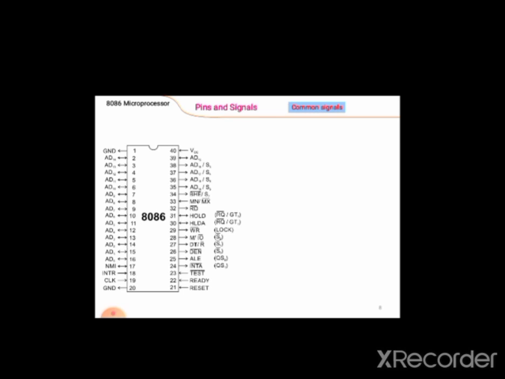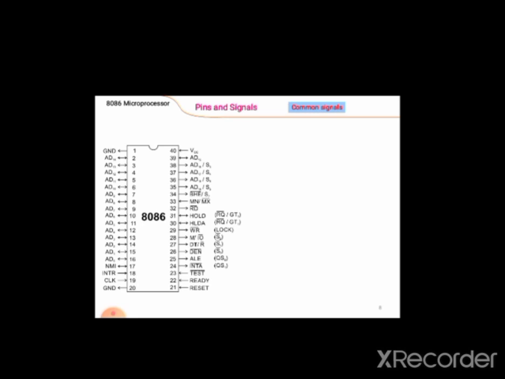Then the next pin is pin number 34, BHE bar S7. This is bus high enable status. When this signal is low, it indicates transfer of data over high order lines.